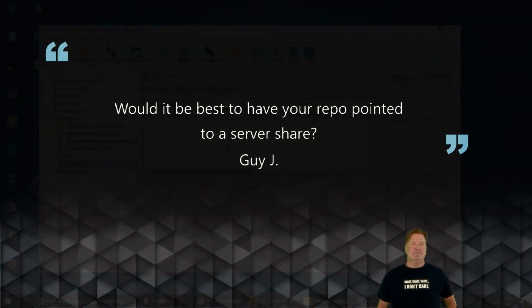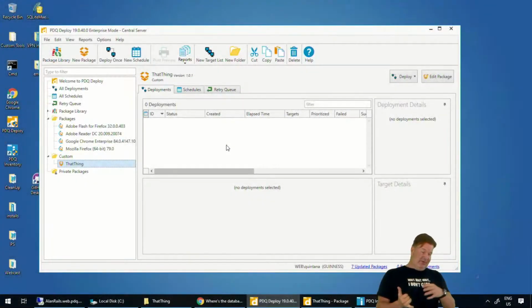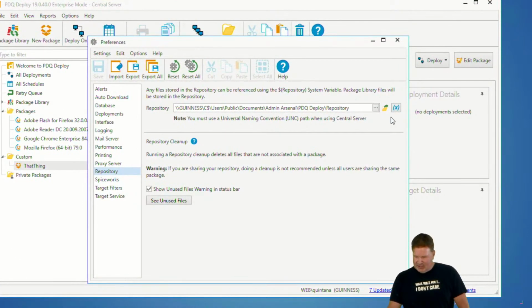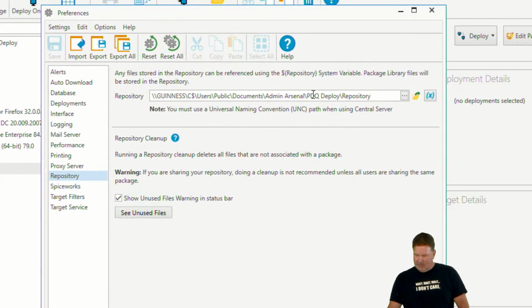Would it be best to have your repo pointed to a server share? Again, Guy J. You know what? Would it be best? I like to put mine on a file share for a couple of reasons. One, generally your file share is getting backed up. You can obviously back this up, but that's one less place you have to back up. Two, the other thing, and I should have showed you this earlier, if you go to preferences, if you're on a share, which I am not, let me go point this really quick over to